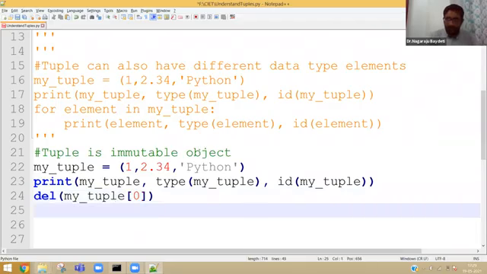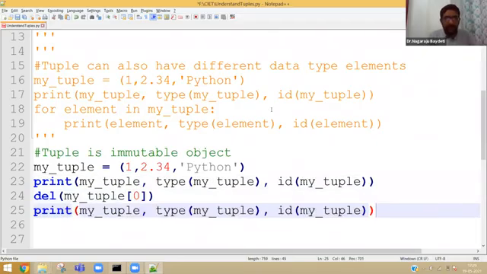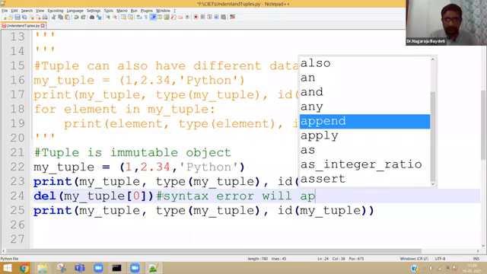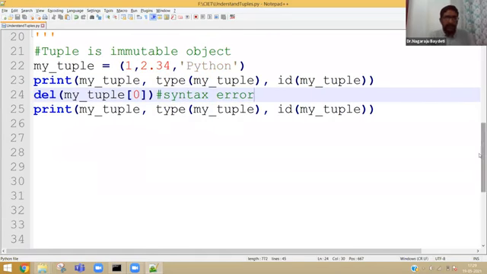And then let me print again. Here it will give a syntax error. Syntax error will appear. Okay. Now let us try to understand this segment of code.